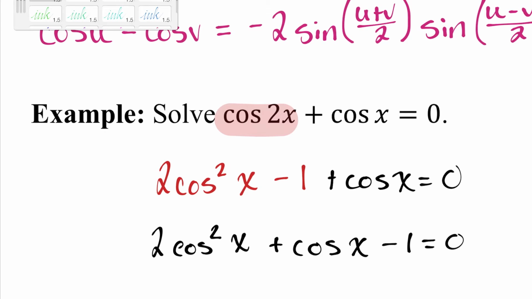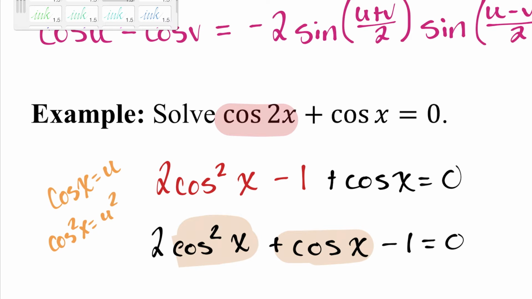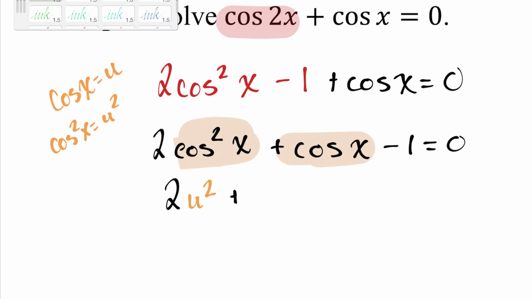And I know what you're thinking. This looks like a quadratic. We've got a squared, we've got a linear term, we've got a constant, and you are right. I'm going to be using M and A. If M and A freaks you out because of the cosines, we can always do U substitution. So when I'm doing M and A, now that I don't have the cosines kind of get in the way and freaking me out,